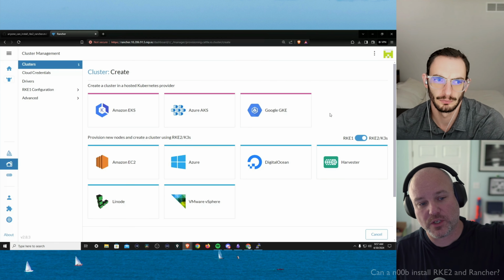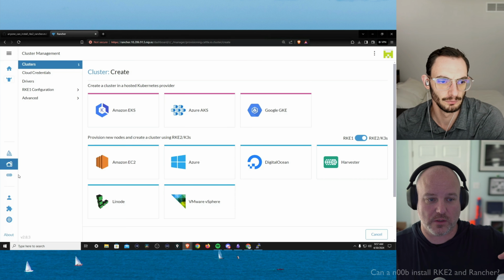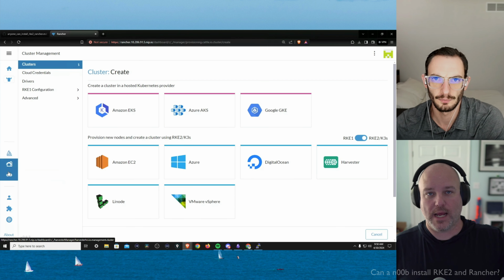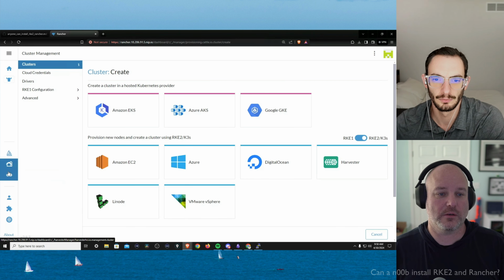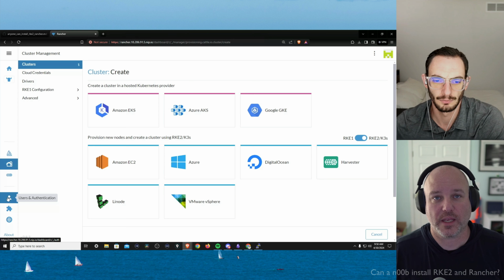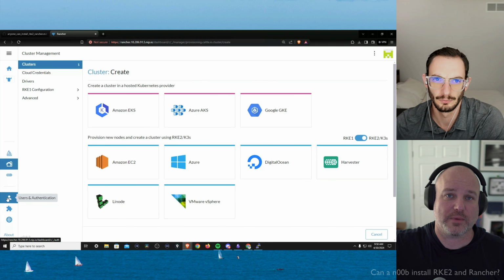I'm not going to spend too much other time. If you want to mouse over on the far left-hand side, that's Virtualization Manager. That can actually talk to Harvester and manage the VMs there. Not in this demo. We can definitely shoot a follow-up video on that if people are interested. Go to the user, the guy. This is where you'd set up authentication if you're using Keycloak, OIDC, SAML 2, or other authentication like Okta, right?